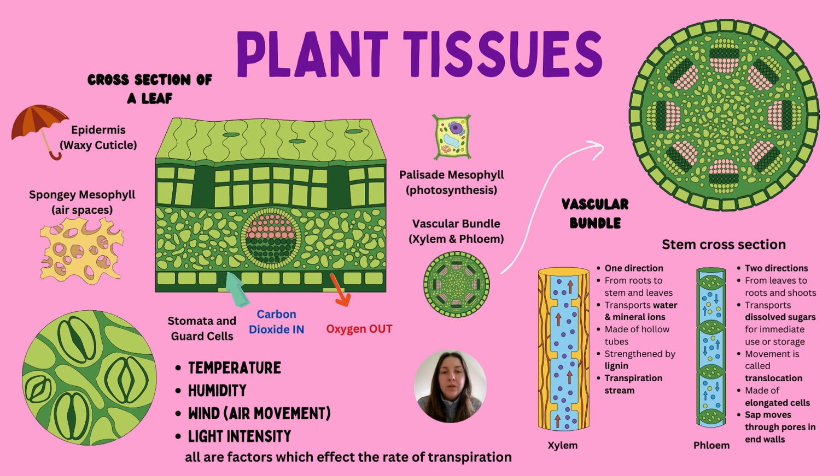The spongy mesophyll has lots of air spaces to allow gas exchange to occur when photosynthesis and respiration occurs, and this essentially allows oxygen to go out of the plant and carbon dioxide to go into the plant in the case of photosynthesis. The oxygen and carbon dioxide will diffuse through the spongy mesophyll, and the gases can diffuse out